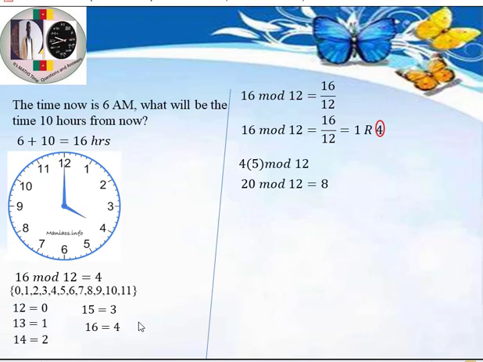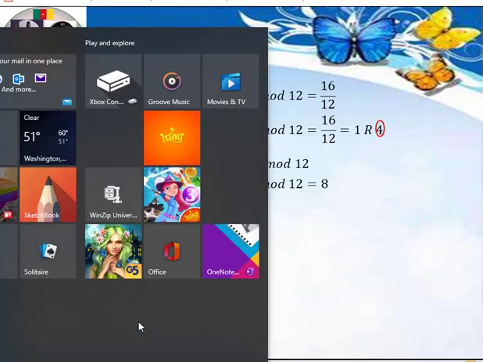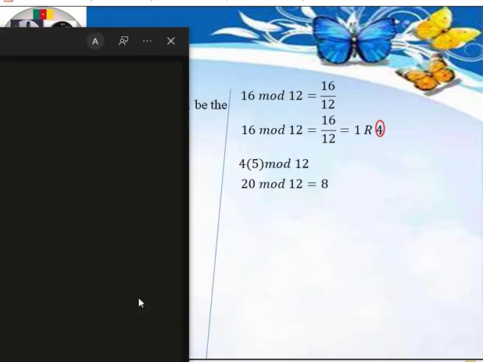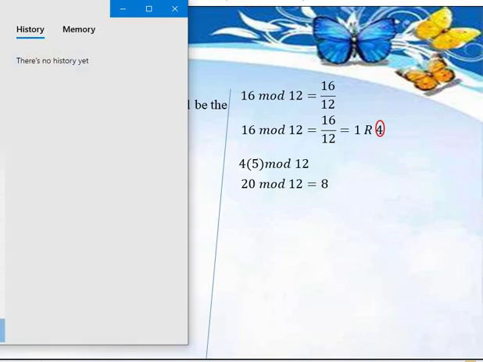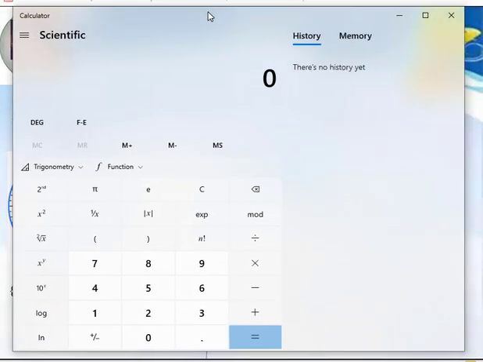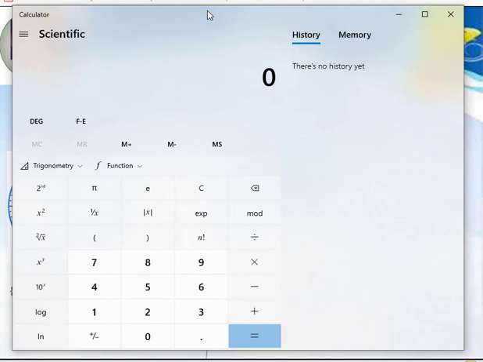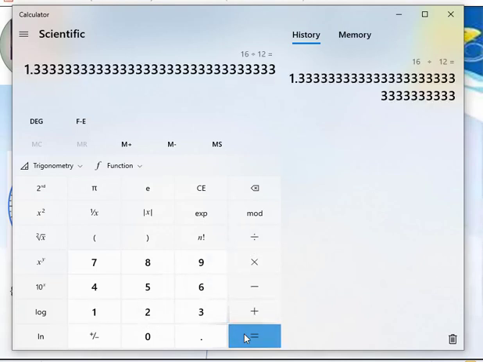Now when the number is too big, we can use a calculator as follows. Let me pull up my calculator here and show you how to use it. Okay, we have a calculator on the screen here. Let's see how to use it in the case of 16 modulo 12. We take 16 divided by the modulus, which is 12, and the answer will be